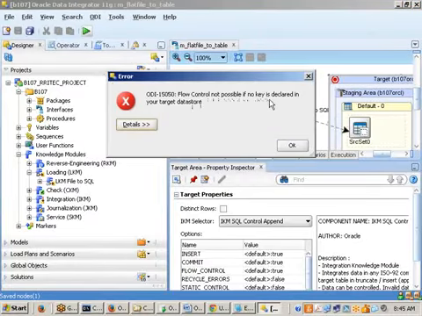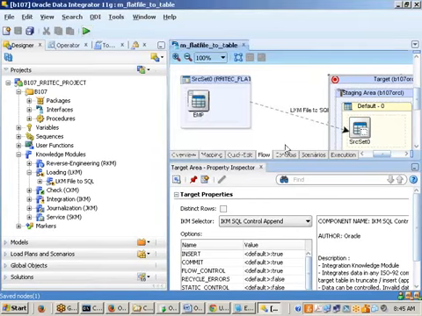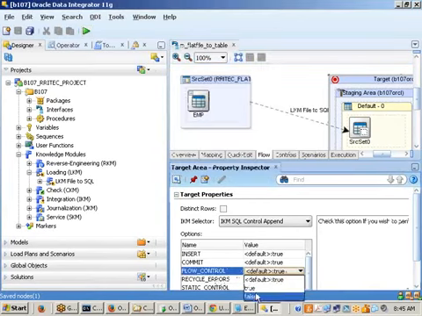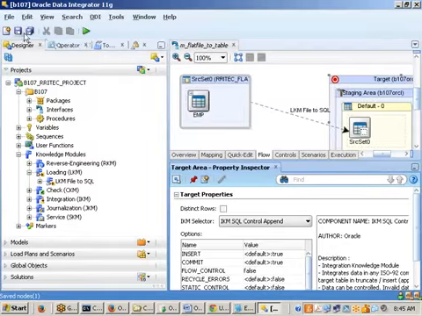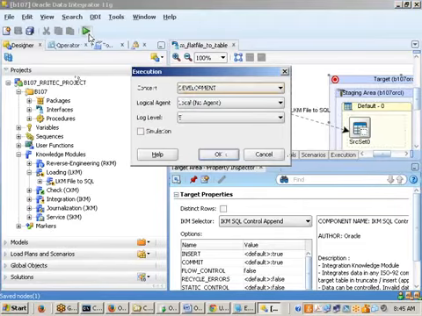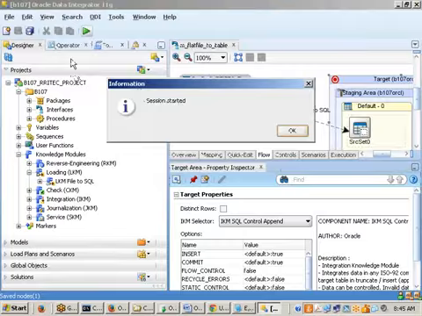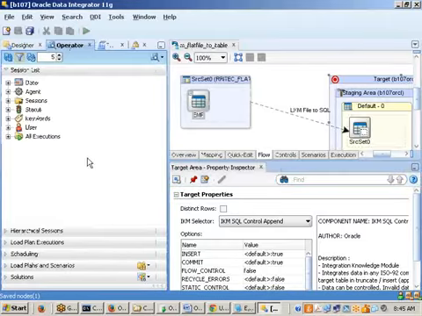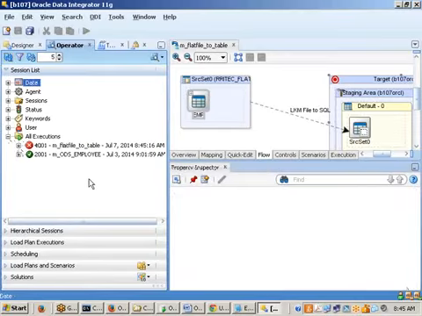Flow control not possible if no key is declared in the target data source. That means, sir, yesterday we did flow control equal to false, that we need to make it. Now try to save it. Now if you tell me whether it is going to run or fail, it should be running. Click on OK. Now if you go and see the operator tab, click on refresh, all executions,